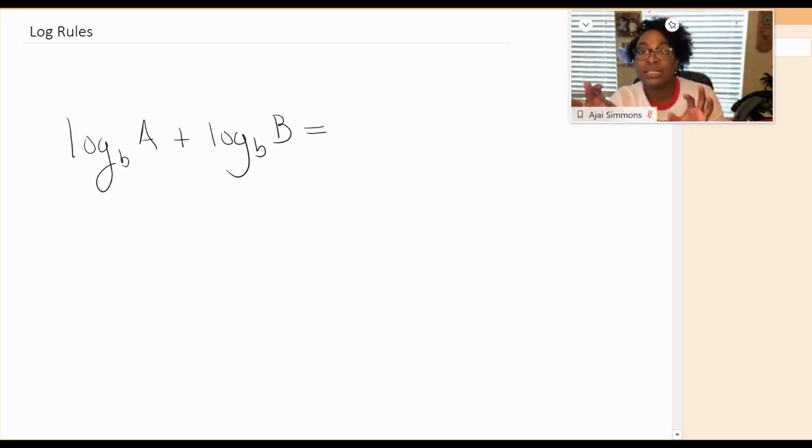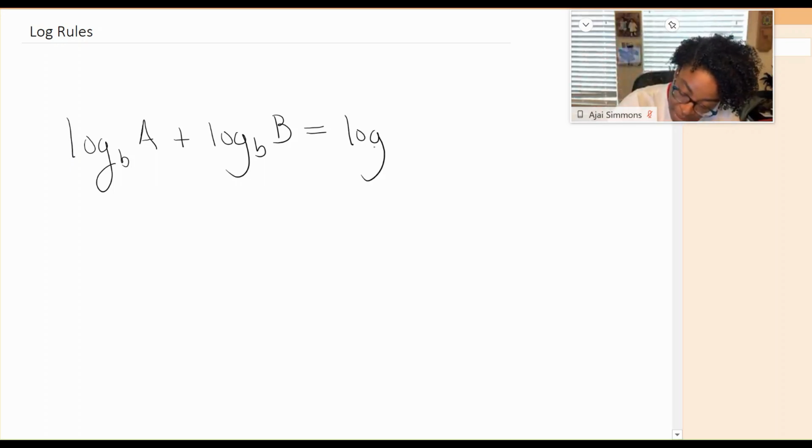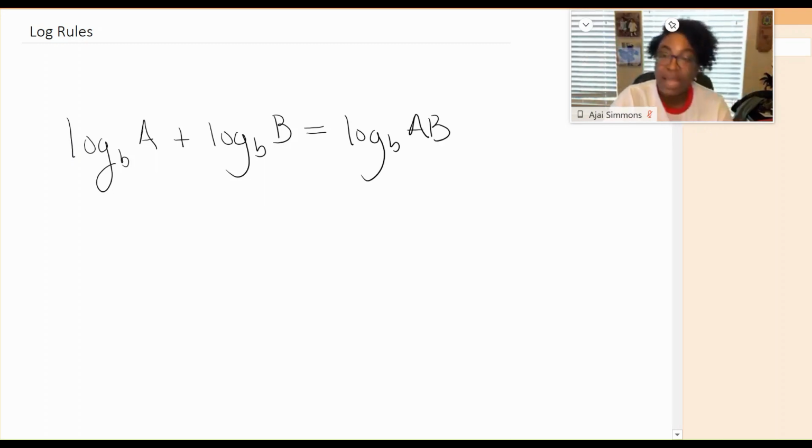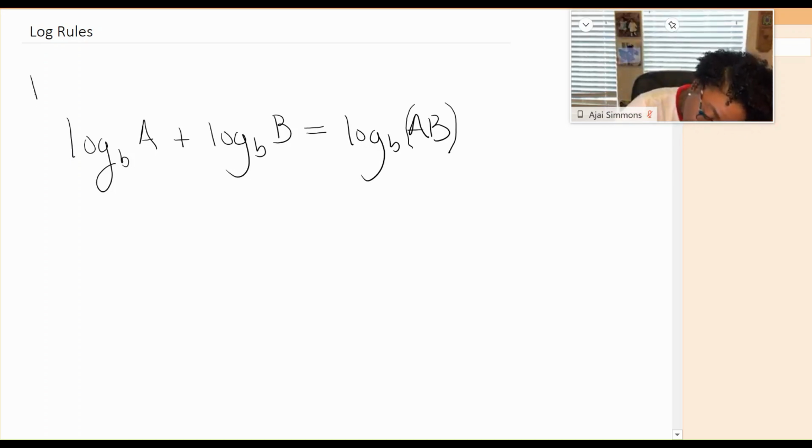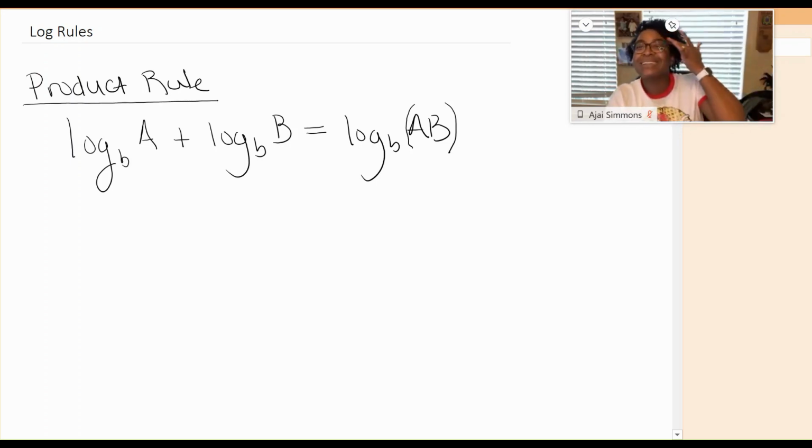If we have two logs with the same base and they're added together, what we can do is combine the capital A and the capital B together by multiplying them and put them together in the same log. Okay, I'll put this in parentheses so we know that those are together. Okay, this is called the product rule for logs. I don't need that S on there. So this is the product rule for logs,